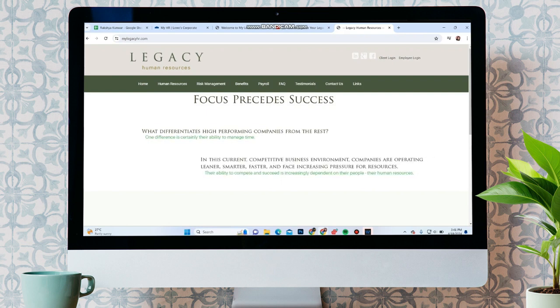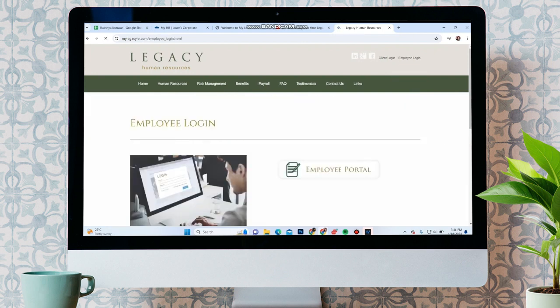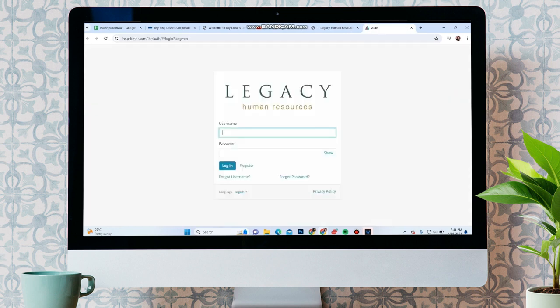Once you are here, you can see the employee login at the top right corner. Click on the employee login. Once you do that, it will show the employee portal. Click on the employee portal. It will redirect you to the employee portal for Legacy ATR account, and once the page loads up, you can